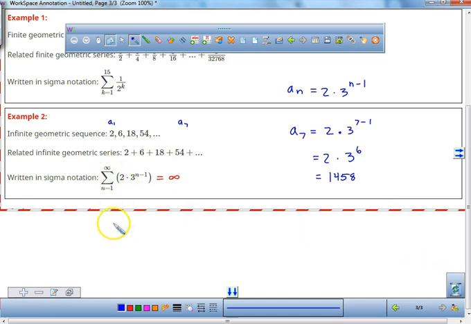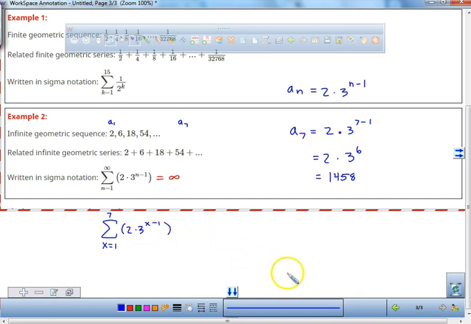So what we're going to do differently is use sigma notation. Okay? We're going to put a 7 here. We're going to put x equals 1. And then in parentheses we're going to do 2 times 3 to the power of x minus 1. And we're going to let the calculator do this for us. What is it going to be doing? It's going to be doing 2 plus 6 plus 18 plus 54 all the way to our 7th term, which is